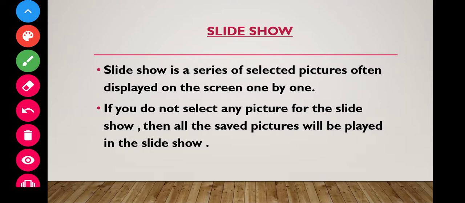We can use some keys also here in slideshow. For that, press the space bar, enter, right arrow key or next button to manually advance to the next slide. To go back to the picture selection screen, press the back button or click the ESC, that is escape key, to exit the slideshow.